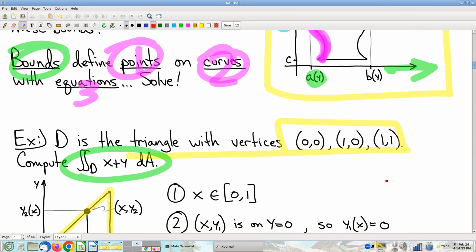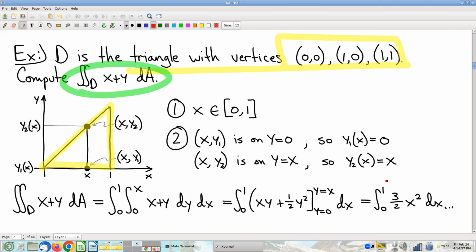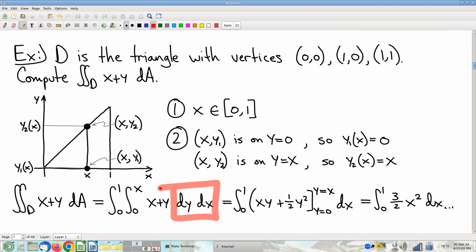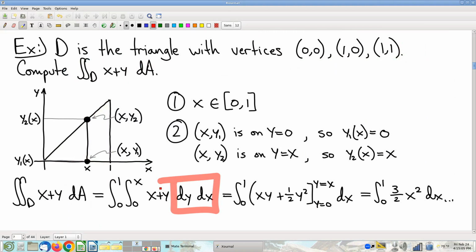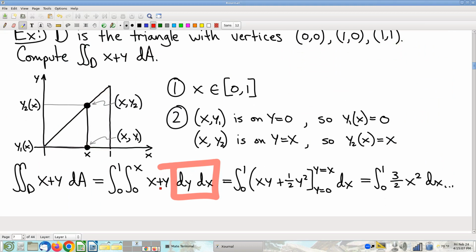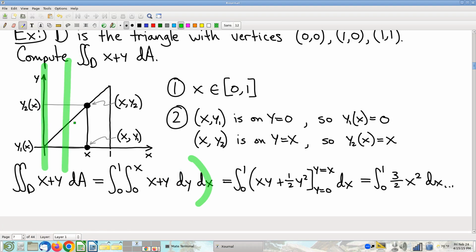Okay, so arbitrarily, I'm going to do my slicing in this order, dy dx, no particular reason. We're going to do the other way in just a moment. But we'll start with this one. What are my x bounds? Well, x slices look like this. And my first x slice, let me draw the actual slices. As I slice in the x direction, those are the actual slices. The first one